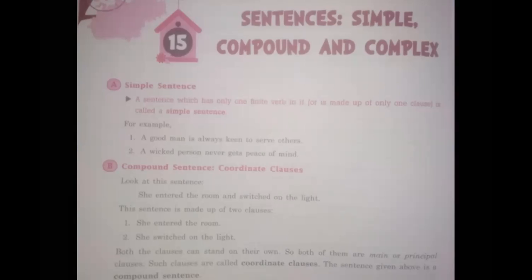Simple sentence. Let's see what it means: a sentence which has only one finite verb in it, or is made up of only one clause, is called a simple sentence. So now see, children, the sentence we are talking about, which is simple, has only one finite verb. Finite means what? Finite means when,